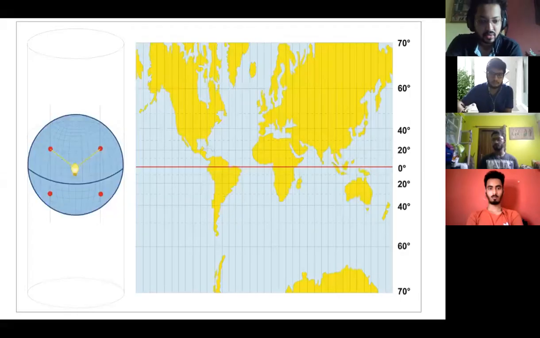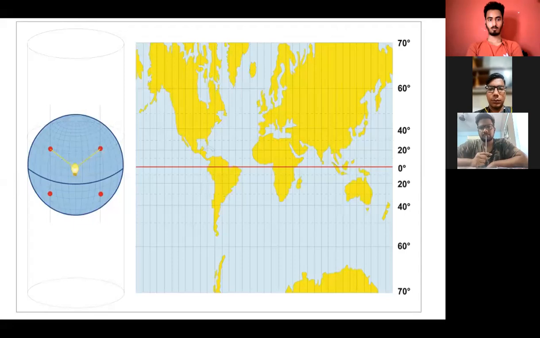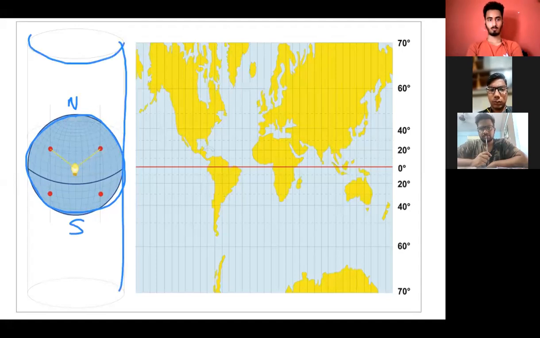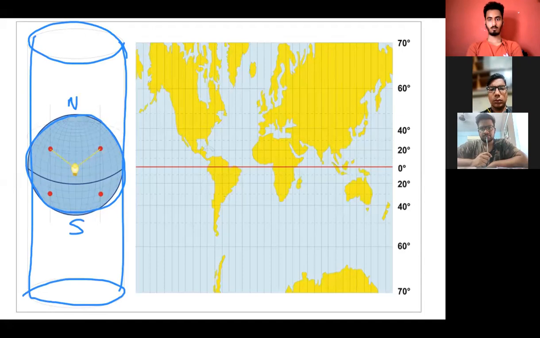Okay, can you see this picture in front of you? This picture states that this circle is your earth, this is your north, this is your south. And can you see this shape of a cylinder? This cylinder is a paper. What that scientist is doing is wrapping that paper in a cylindrical format. So that's the reason it is called a cylindrical projection. इस प्रोजेक्शन को हम cylindrical projection भी बोलते हैं क्योंकि सिलेंडर जैसे पेपर wrap करते हैं.